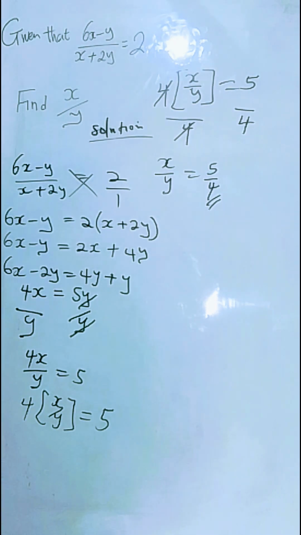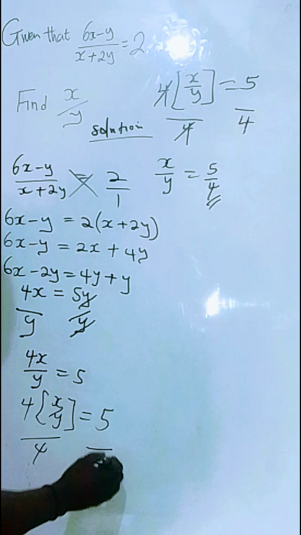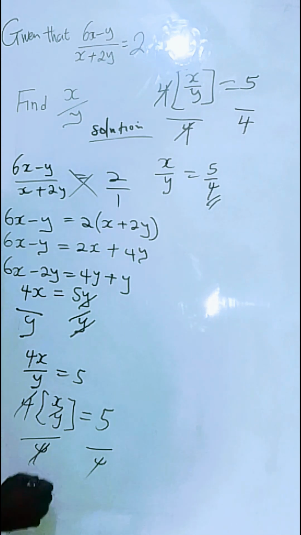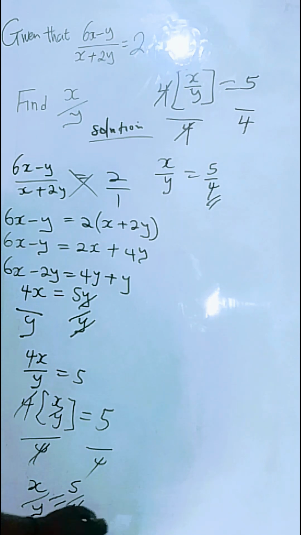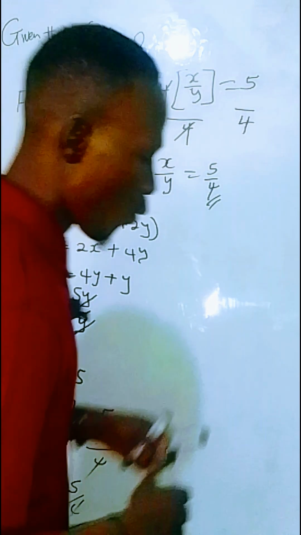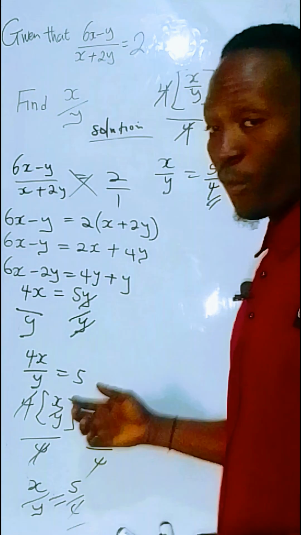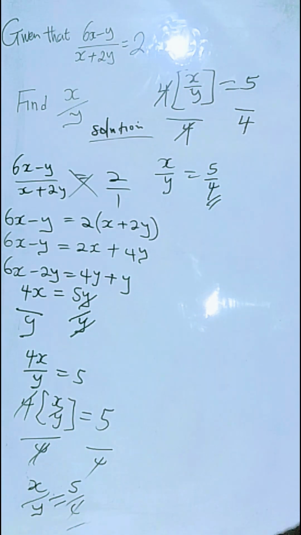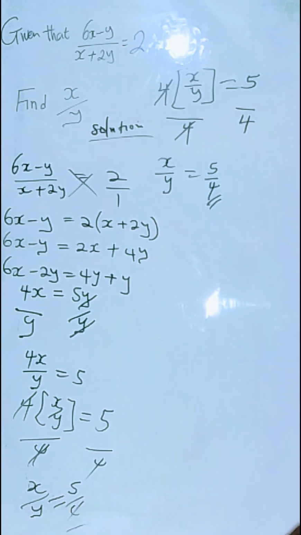I think the space here was not enough. So just go straight and divide both sides by 4. Okay. Then we have our x over y is equal to 5 on 4. So the value of x on y is equal to 5 on 4. So this becomes the end of this problem, or this becomes the solution to this problem, and can be solved